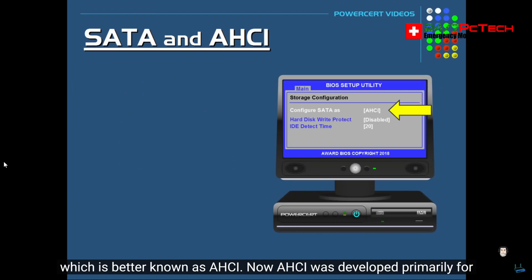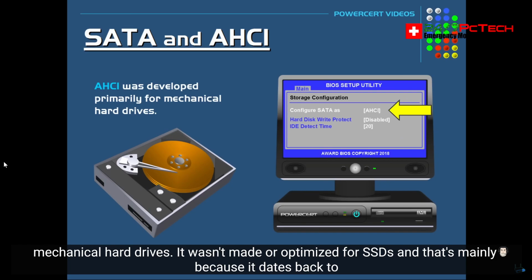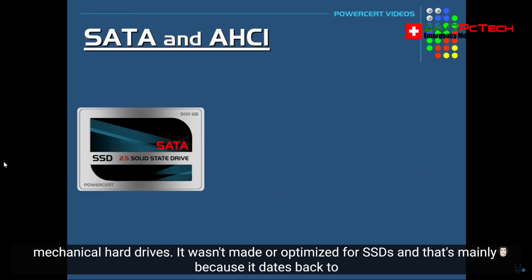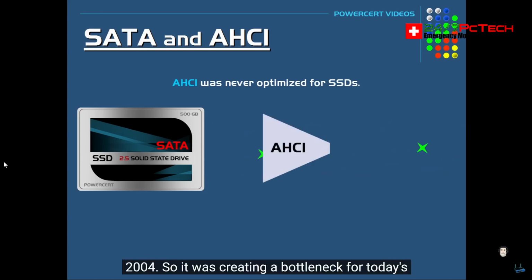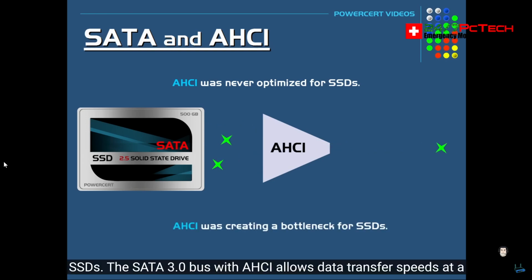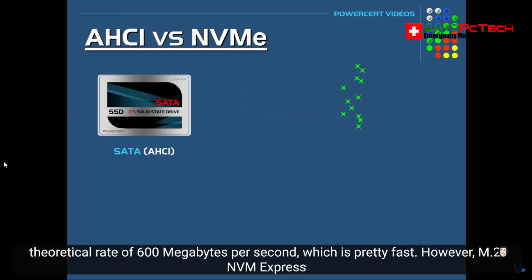Now, AHCI was developed primarily for mechanical hard drives. It wasn't made or optimized for SSDs, and that's mainly because it dates back to 2004. So it was creating a bottleneck for today's SSDs. Right. The SATA 3.0 bus with AHCI allows data transfer speeds at a theoretical rate of 600 megabytes per second,